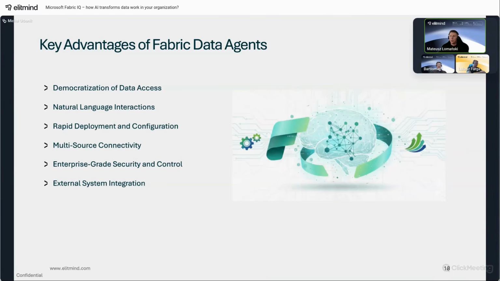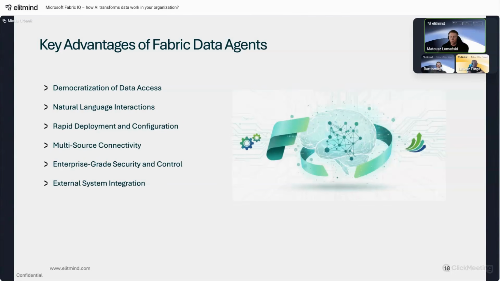Enterprise-grade security and control. We don't worry about security. Access control and governance are built in. And last, external system integration, the ability to connect with other tools, for instance, Microsoft Teams.